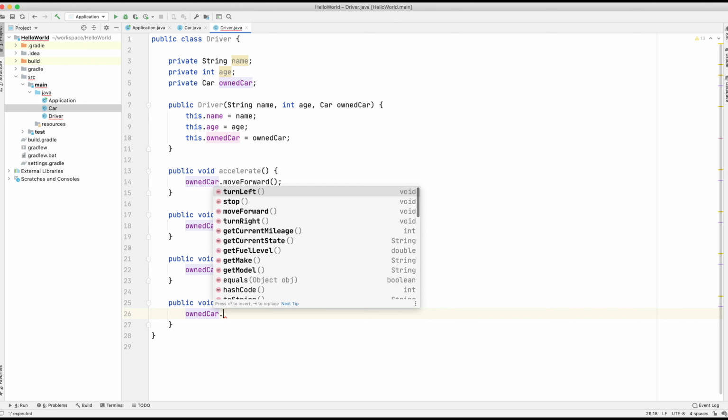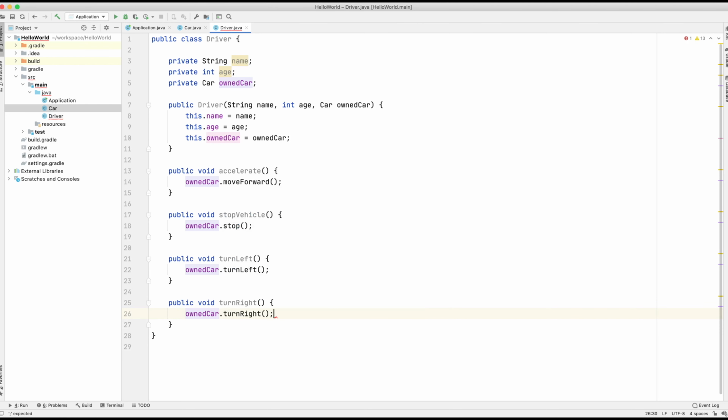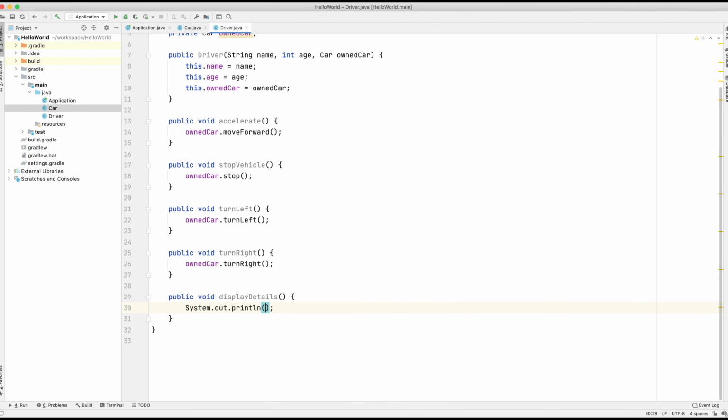Owned car dot turn right. And finally, for the driver, we're going to create a method to print out all the details of the driver, so the name, the age, and the details of the car. So public void displayDetails. So we're going to use printout statements,